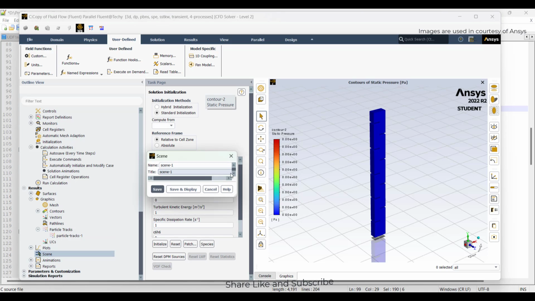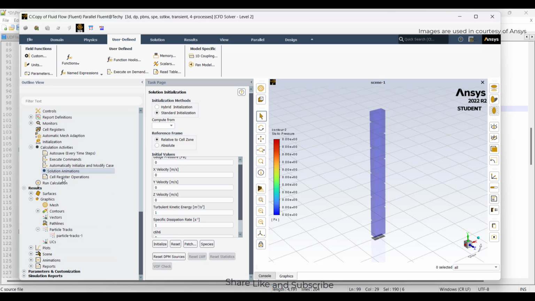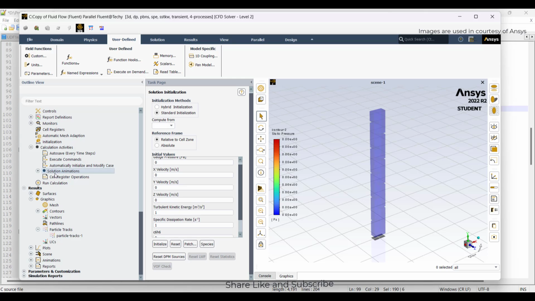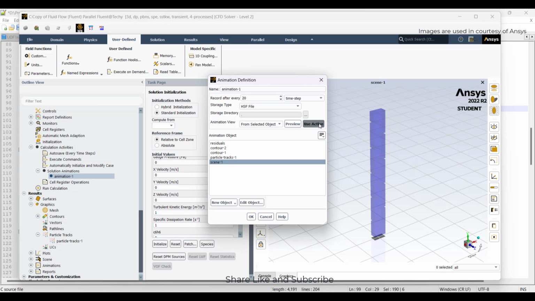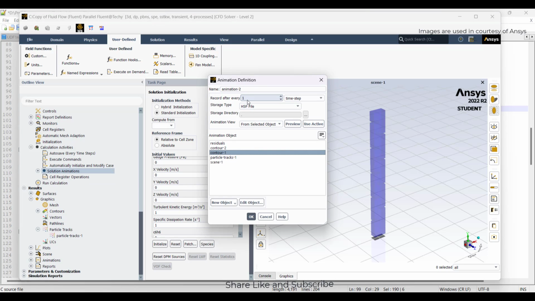So after that I'll create a scene out of this with counter 2 having transparency and activated particle tracks, and save display. So now you can see there are no particles, as well as the pressure is 0 gauge pressure. Now I'll try to create an animation for this scene for every 20 time steps. Okay, sorry, I'll try to use this current view as my active view. Okay, and I also create another animation with this counter 1 with 20, and use active view for, sorry, this